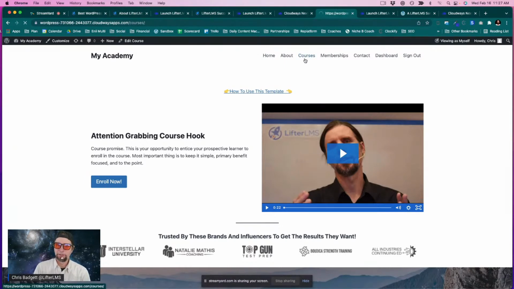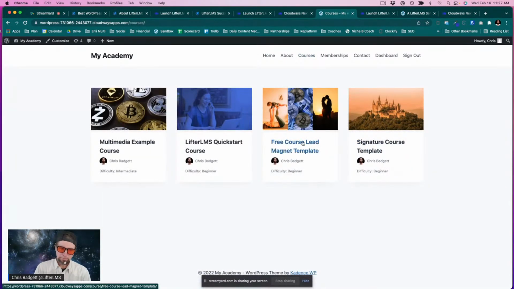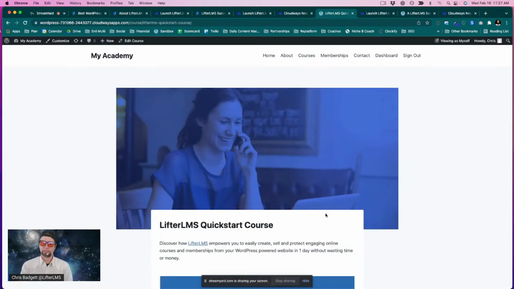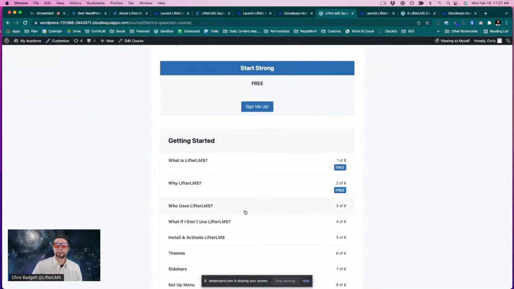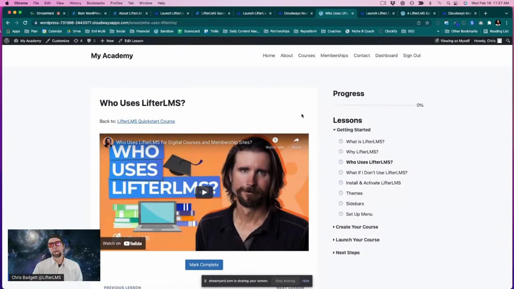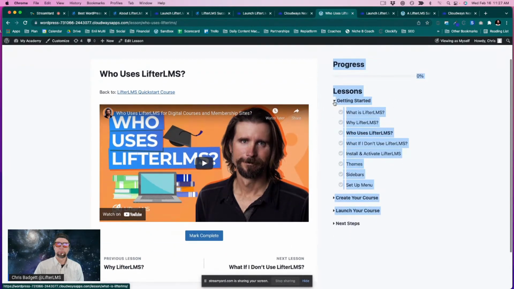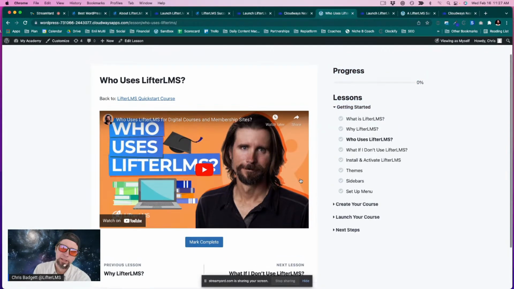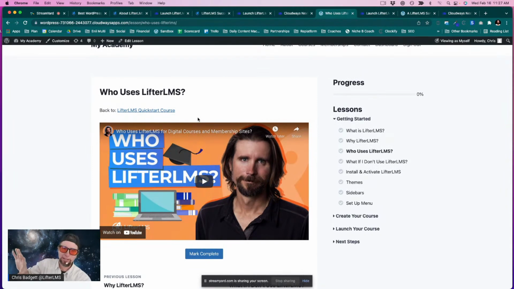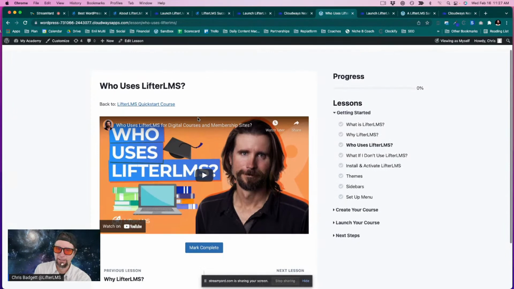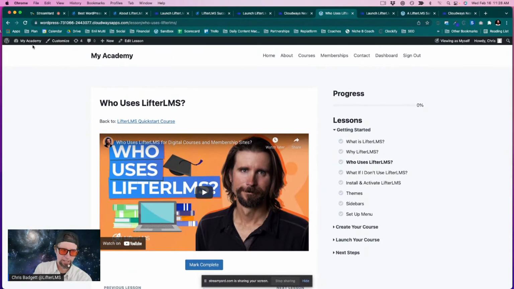All right, the next thing I wanted to look at just briefly is sidebars. So WordPress is continuing to evolve in how we approach content and blocks and sidebars. But LifterLMS comes with two sidebar widgets that you can use. There's also shortcodes for everything. So if you want to put the progress bar somewhere else, you can do all that as well. But just to look at that briefly,